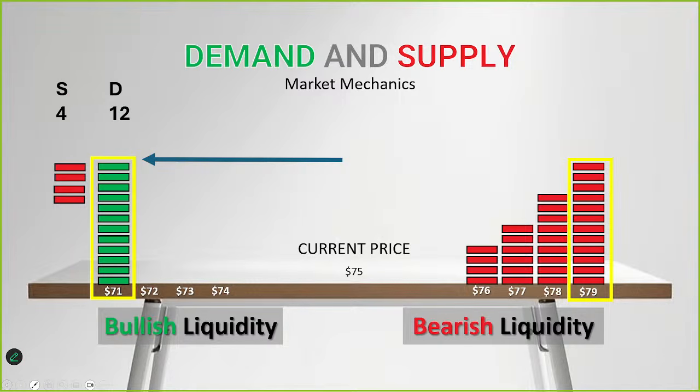Well, what happens in this situation, just like every market, the farmer's market pairs up buyers and sellers. The supermarket pairs up buyers and sellers. The stock market pairs up buyers and sellers. The futures market pairs up buyers and sellers. So no matter what marketplace we're talking about, they all function this way. Buyers and sellers come together and they exchange, right? So in this case, the sellers and the buyers are paired up. Those orders are filled, and all of a sudden those orders vanish into thin air.